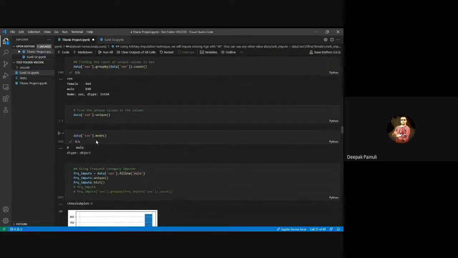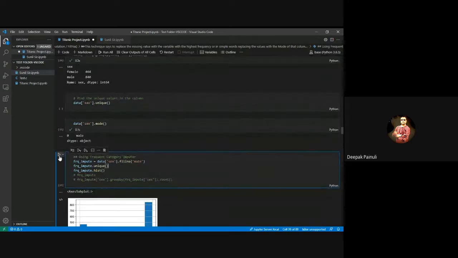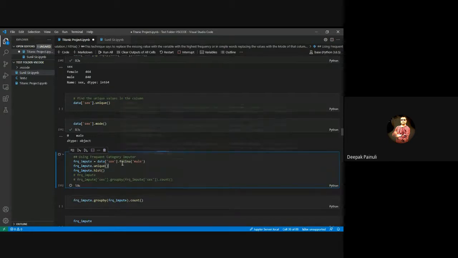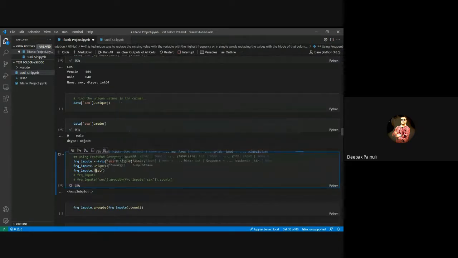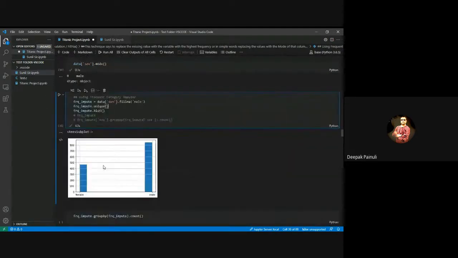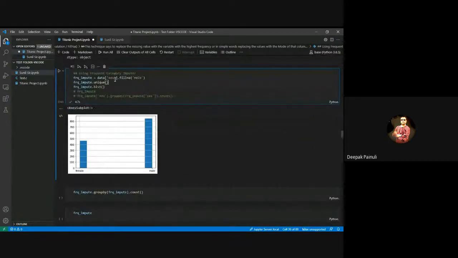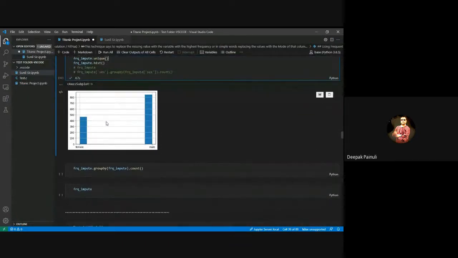What is the mode returning? It is returning male. That means the maximum count is of the male class. So we may replace NaN values with male. So let's do that. Okay, done. We have replaced missing values with male.